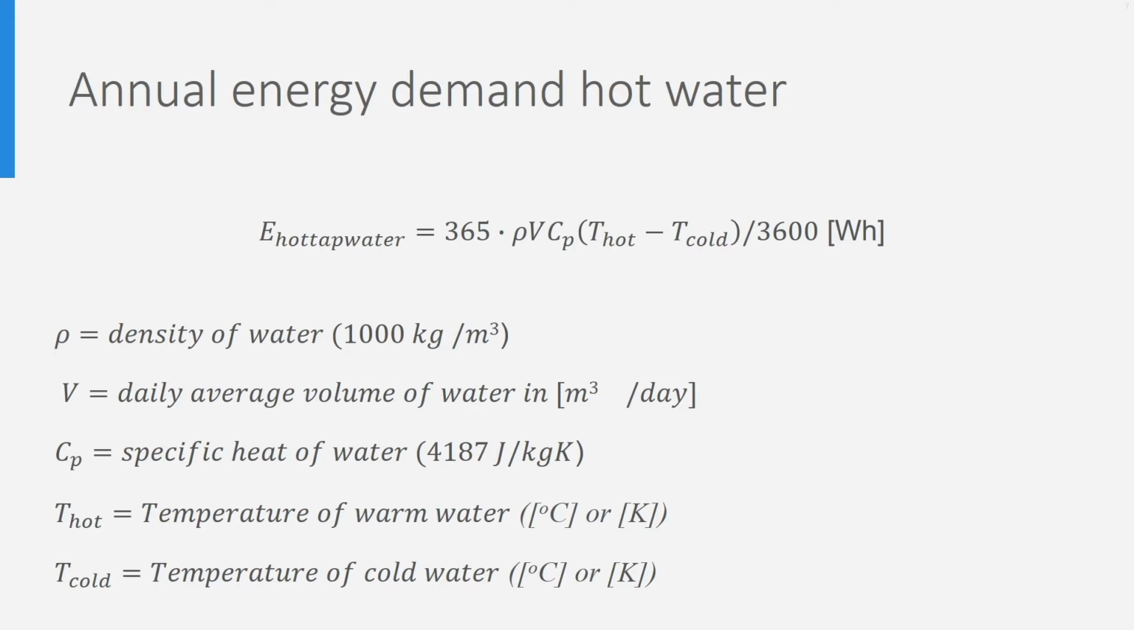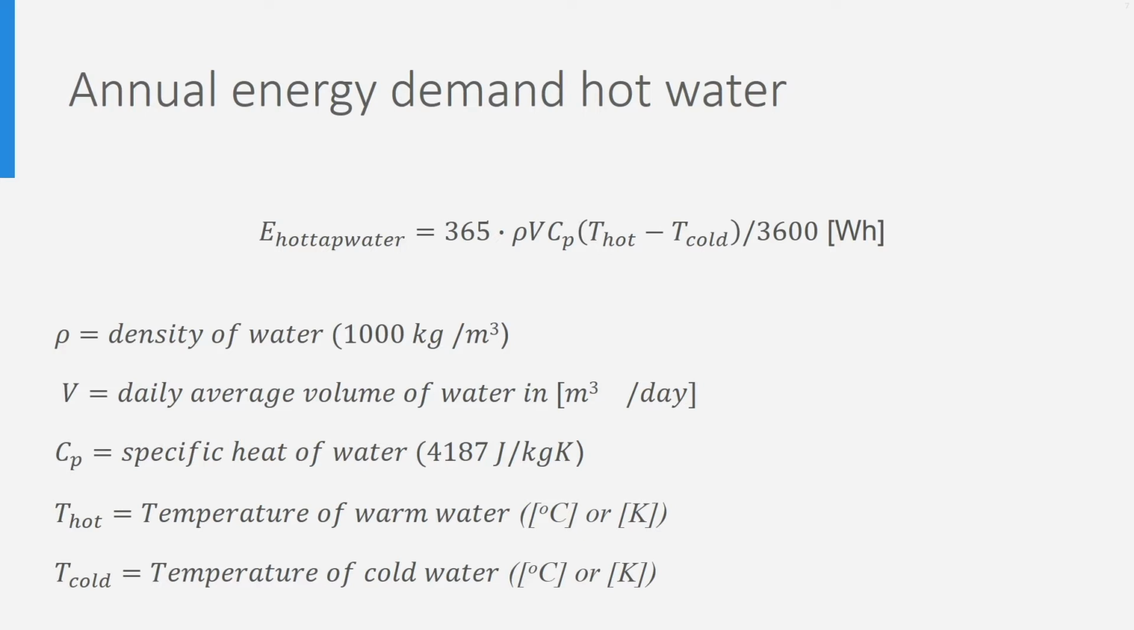The yearly heating energy demand for hot tap water can be calculated by the equation on the slide using 365, which is the number of days in a year, multiplied by the density of water, which is 1000 kg per cubic meter, multiplied by the volume of water in cubic meter, this is dependent on how much water is used, multiplied by the specific heat of water, which is 4187 joules per kilogram Kelvin, multiplied by the temperature difference of warm